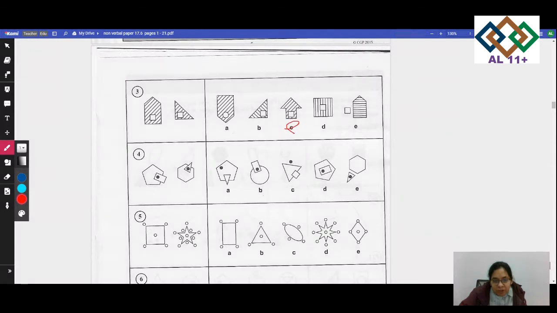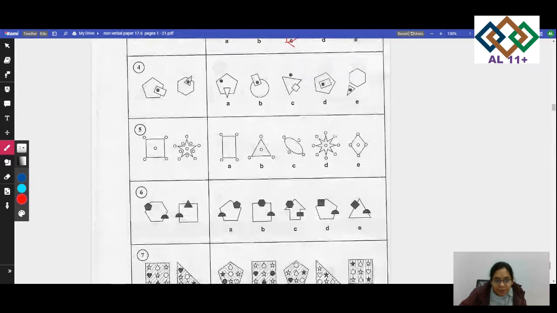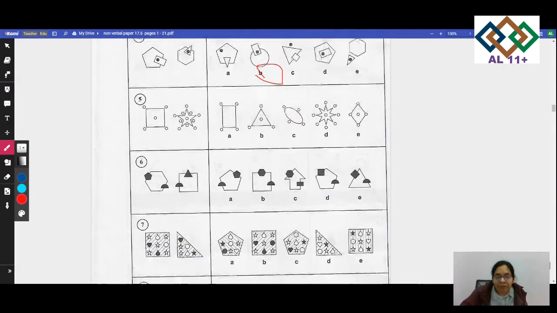And the triangle should be on the side like this. For number 4, you need to look at the shape, which must have a small shape overlapping the edge of the larger shape. Can you see them? They're overlapping. So which one of them do you think is overlapping more? It's B. So let's go on to number 5 now.